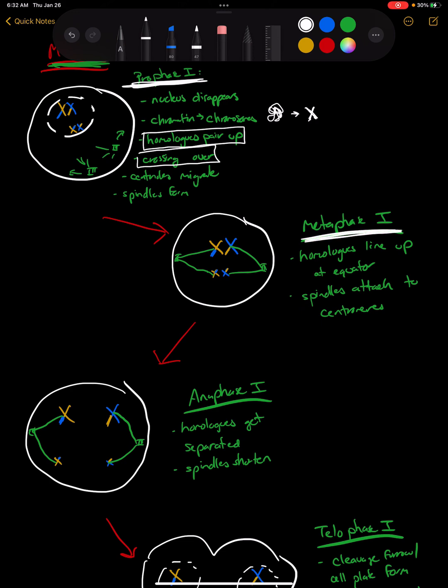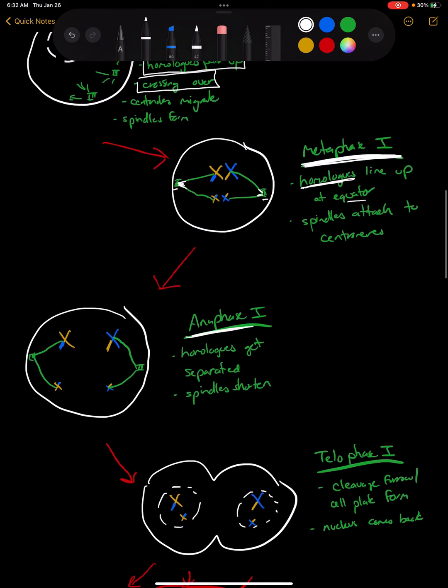All right, now I get to go on to metaphase 1. Remember, meta means they line up in the middle, or the equator. But now, instead of chromosomes lining up at the equator, I have my homologs. Anytime you see the word homologs, this is meiosis 1. They paired up in prophase 1, and now they line up in the middle. You can see my centrioles at the edges forming spindle fibers. Those spindle fibers attach to the centromere and are getting ready to pull them apart, but those homologs are paired up in the middle.